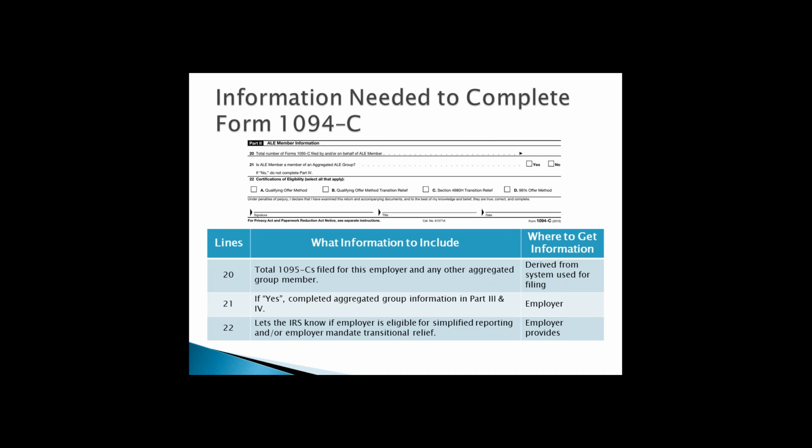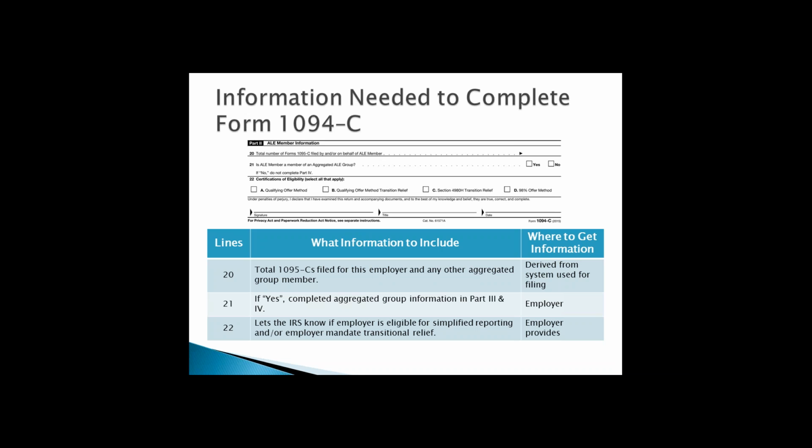So moving on to line 22. Line 22 is the certifications of eligibility, which lets the IRS know if the employer is eligible for simplified reporting and/or the employer mandate transitional relief. The different certifications of eligibility include: